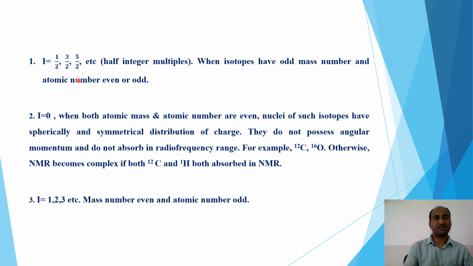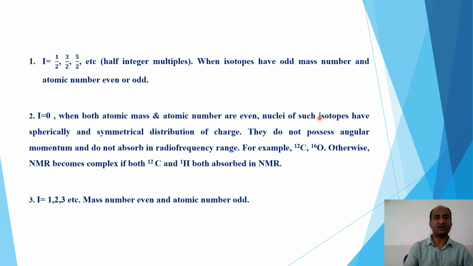When I is a half-integer multiple, that is 1/2, 3/2, 5/2, in that case the isotopes have an odd mass number and an atomic number even or odd, for example 1H proton, carbon-13, phosphorus-31. And if I equals 0, that is when atomic mass and atomic number are both even, in that